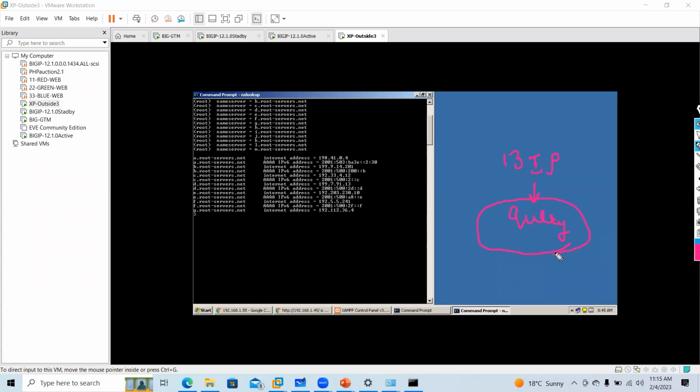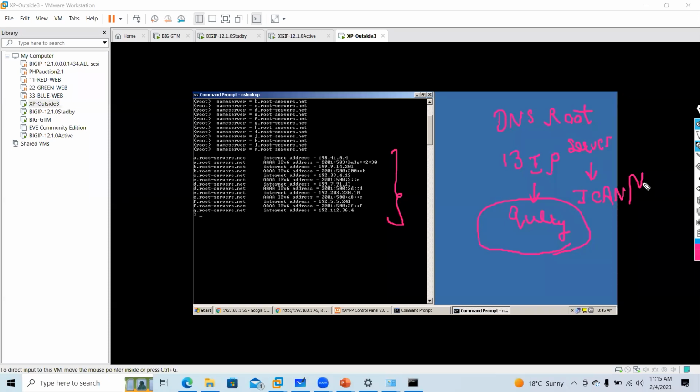So in reality there can be more, but there are 13 root name servers where your DNS queries go. Who operates the DNS root servers? If someone asks you, guys, these DNS root servers are maintained by ICANN, that is the Internet Corporation for Assigned Names and Numbers.